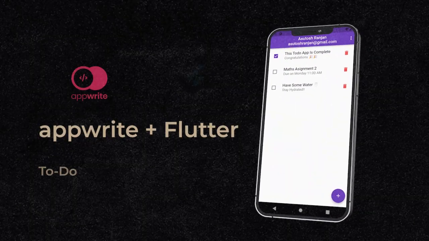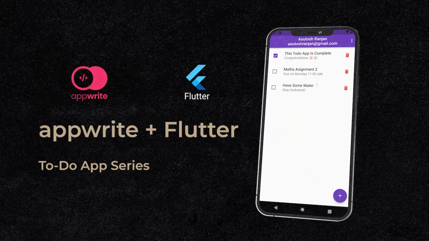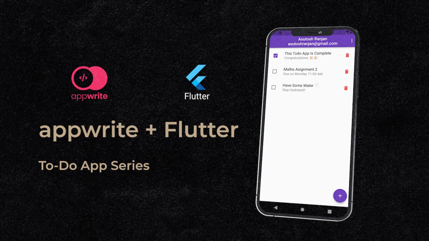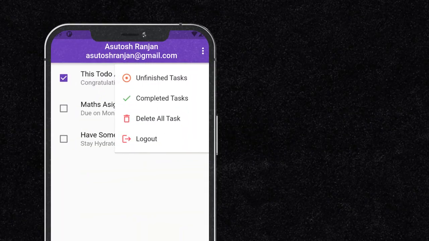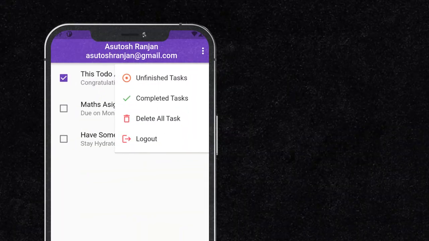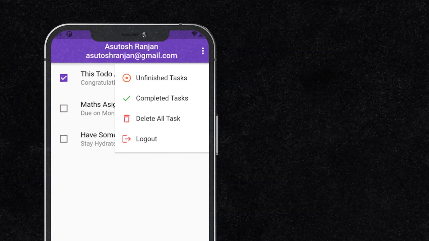In this series, we'll make a to-do app using Flutter and Appwrite. Our to-do app will be having all the core to-do functionalities. We will have user authentication. The user can view, add, delete tasks, mark them as done, delete all tasks, and view unfinished and completed tasks